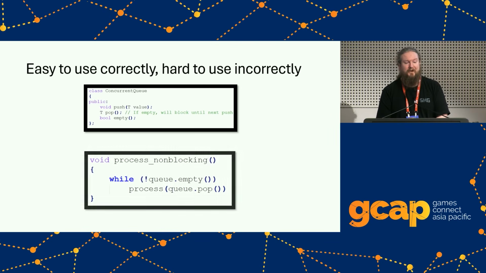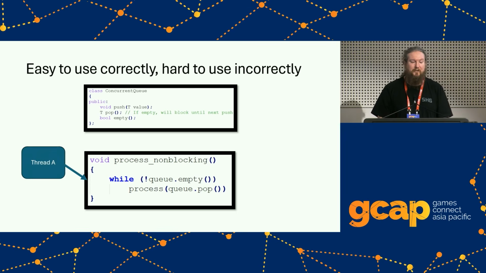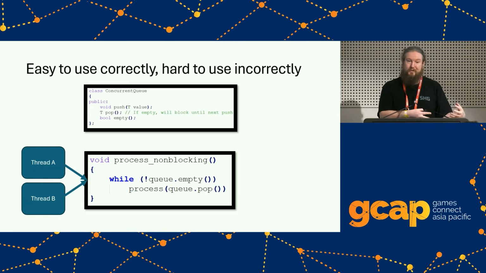No hands, but if I show this example, and we've got 2 threads potentially doing this, while the queue is not empty, we're going to pop things off the queue and process those items. We've got 1 thread that's doing it. It's going to pop those off successfully. It's only ever going to see the queue empty. If I have 2 threads that are now both checking if it's empty, they both check it's not empty, then they both go to pop, one of them's going to end up blocking. So our process non-blocking is actually blocking off and on depending on what's happening.